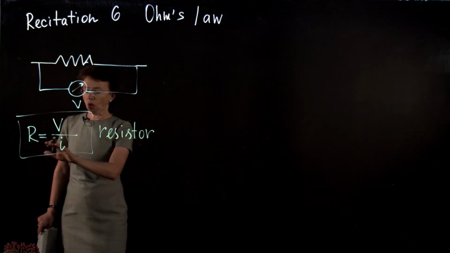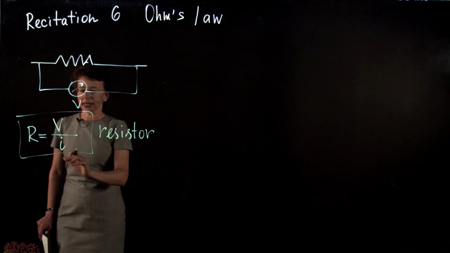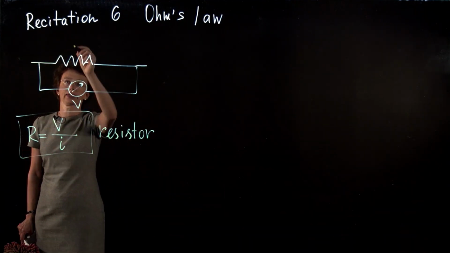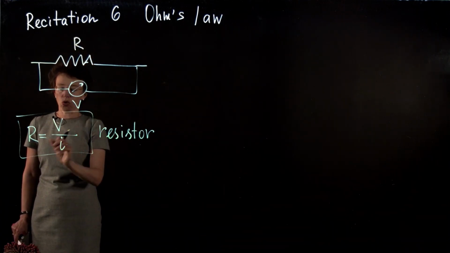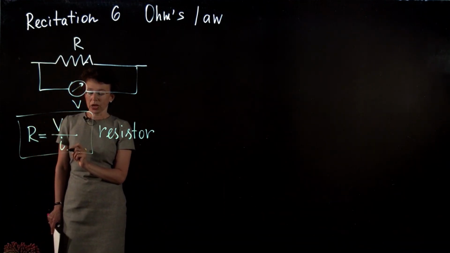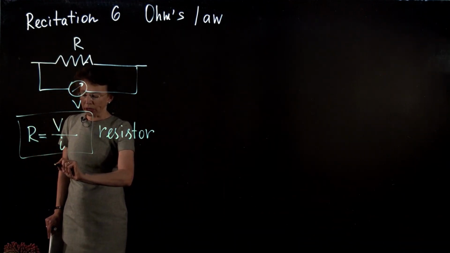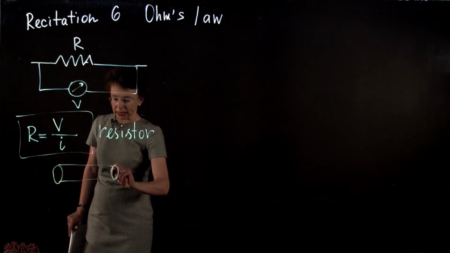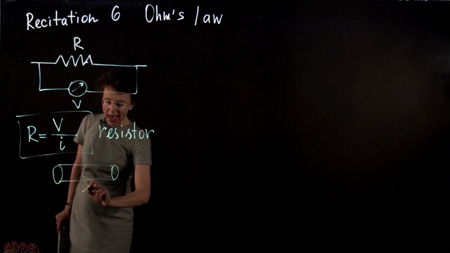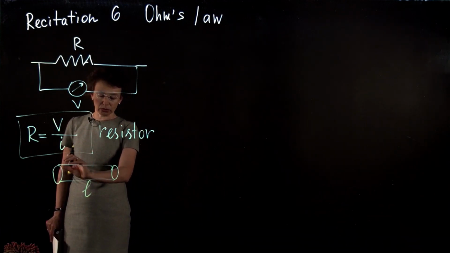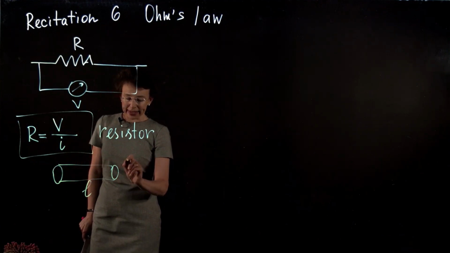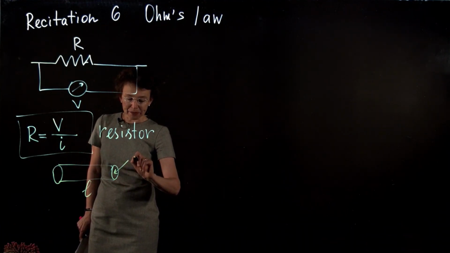So this is Ohm's law that tells us that the ratio of voltage over current for the devices that are called resistors stays constant, and we call R resistance. From experiments, we know that if we have a piece of wire, I will draw it again, this piece of wire will have length L. This is a cylindrical wire, I just enlarge it, length L, cross-sectional area A.